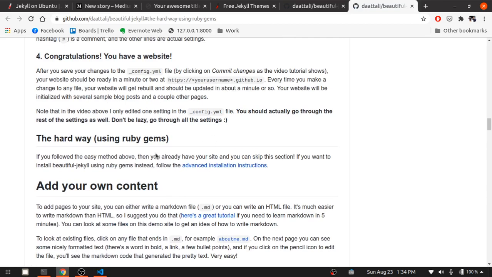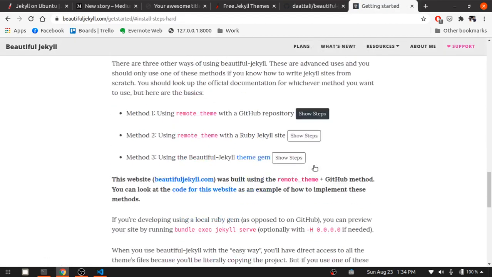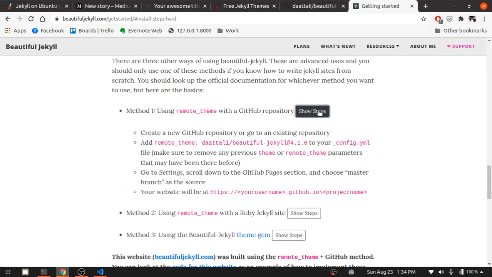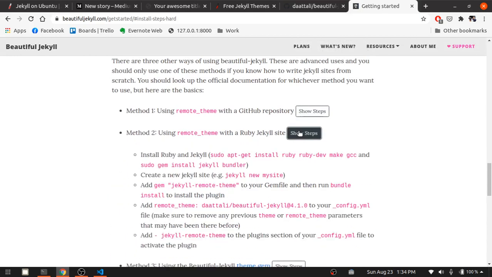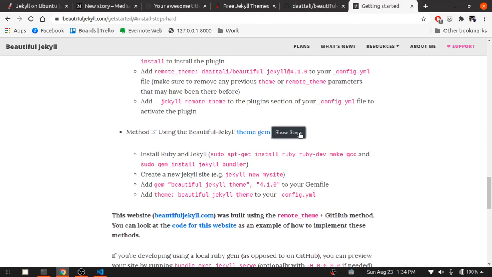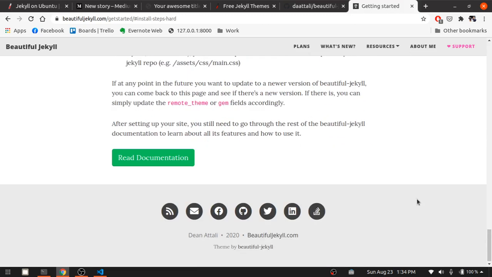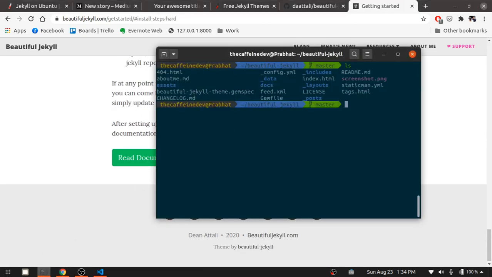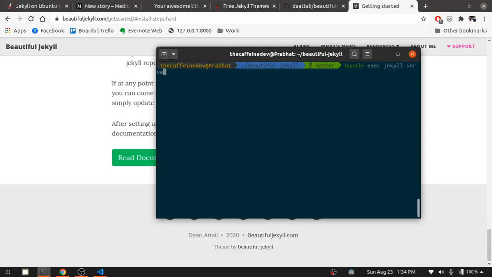Okay, so advanced installation instructions, remote thing. Okay, all these things are installed, and now no, this is also not the right one. Okay, let's run our bundle exec jekyll serve.